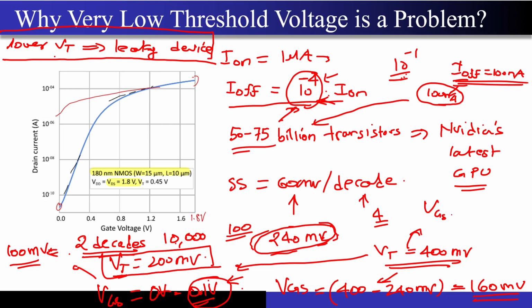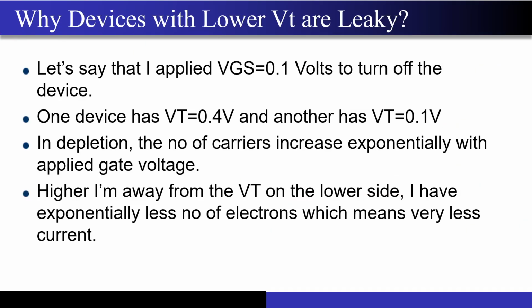In the case of VT equal to 400 millivolts, if you are able to make VGS equal to 0.1 volt, there is a 300 millivolt reduction, correct? 300 millivolts of reduction means 10 to the power 5 times reduction in the current compared to the on case, which is a very good value. So from the case of on and off of the MOSFET, I want my VT to be on the higher side, so that my off current can be very low compared to the on current. But what do I want from the MOSFET actually? When the MOSFET is on,